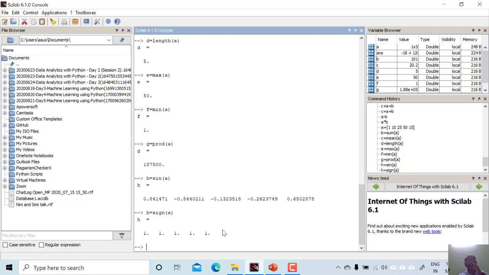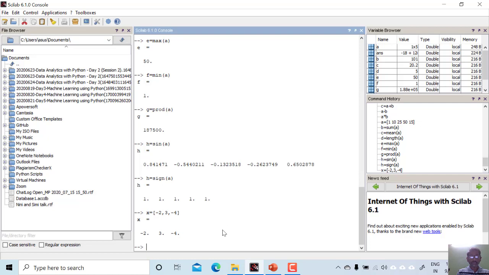Suppose I am taking a simple array x, and x has some negative elements, like -2, 3, -4. Let us see what the output of the sign command is. So sign of x.